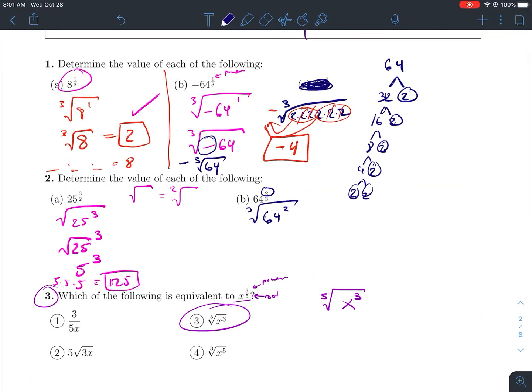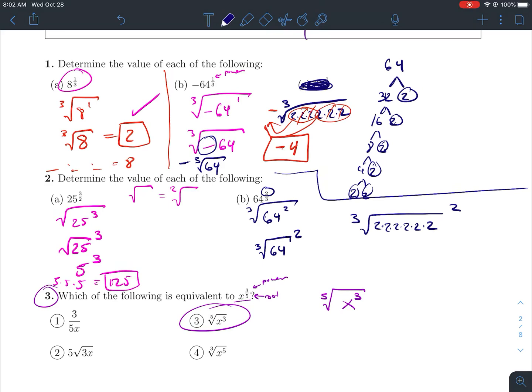So instead, we're going to switch the order, because we can switch the order of roots and powers. So we'll do cubed root of 64, and then we'll square the answer. Now, I actually broke down 64 up here, which is really nice for me, so I don't have to redo that. I'm going to take the cubed root of 2 times 2 times 2 times 2 times 2 times 2,